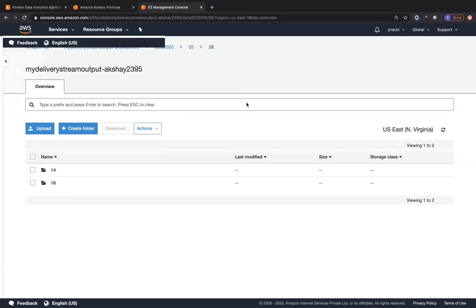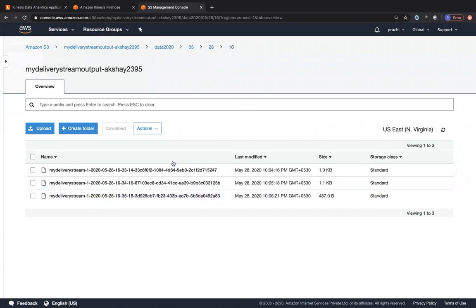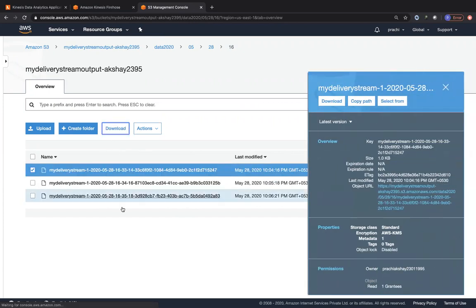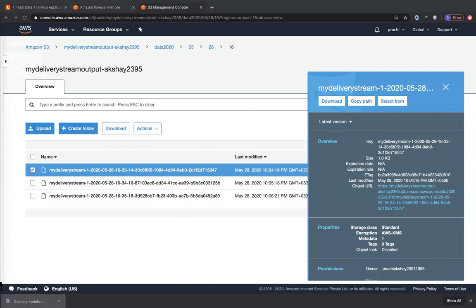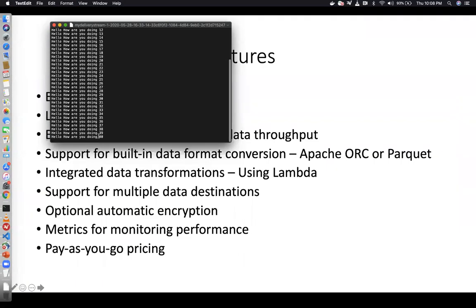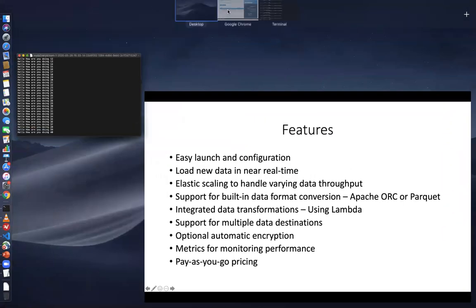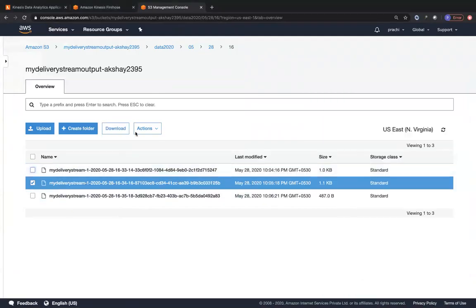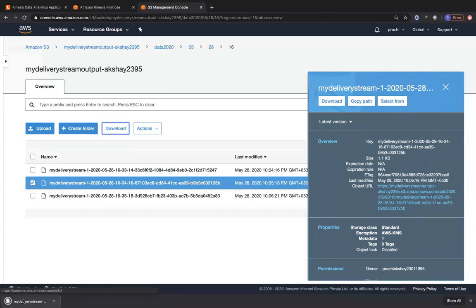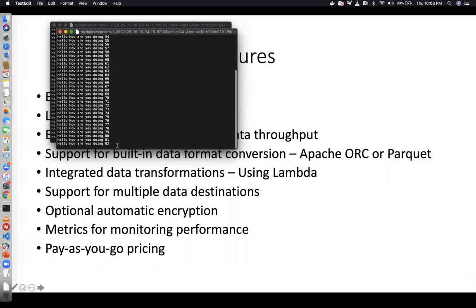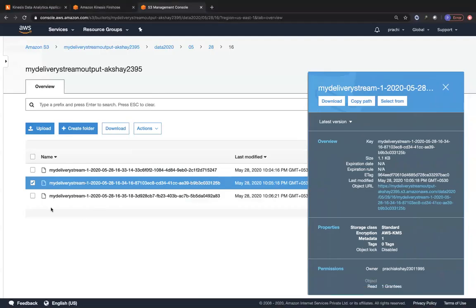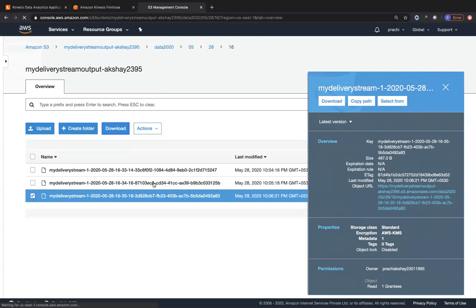Okay, so it took at least a minute or two. Once the script stopped running, you can see over here it has created one more partition for us, and within this we have 3 files. Now let's open up one file, download it, and look at it. You can see that we see all of our data till 40. Then let's download the next file and open that up. You can see the next set here till 82. And then it has automatically created one more file for us where we have the rest of the data.